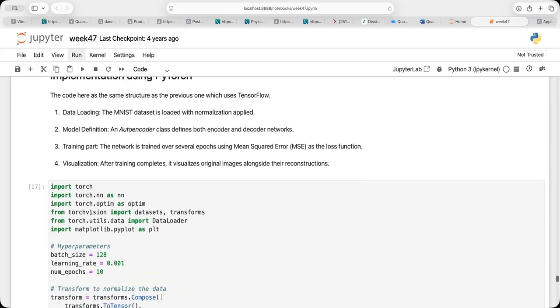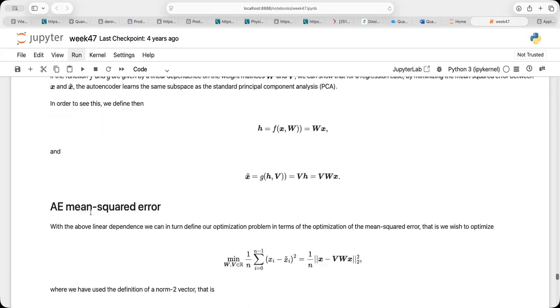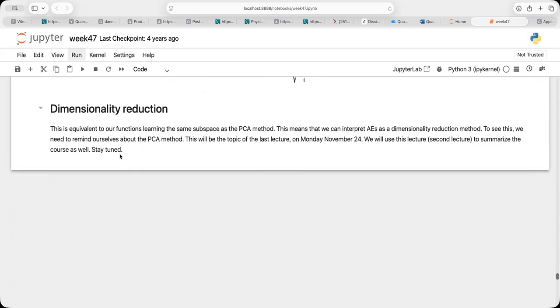And the other thing which we will do is to say a little bit about the link with the principal component analysis, which is the last lecture. So as I say here, stay tuned. This series of lectures ends next week, unfortunately. And the autoencoders are meant as a kind of teaser for more deep learning methods, for those of you who actually want to study in more depth what these methods are doing and why they are so interesting as universal approximators.